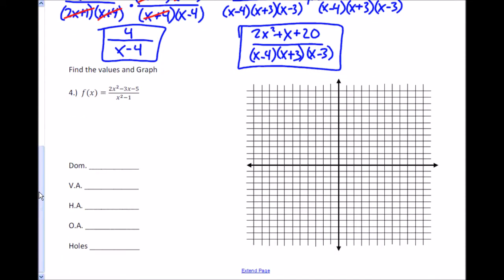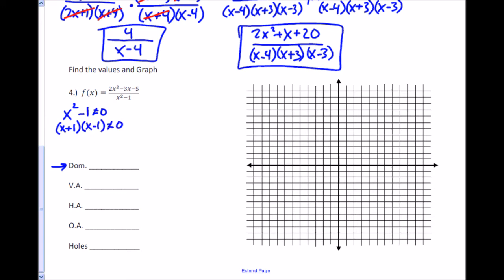Number 4, we want to find these values and graph this thing. And the first thing we want to do is the domain. Remember, we're looking for our domain restrictions. Remember, with a fraction, we can't have a 0 in the denominator. In other words, x squared minus 1 cannot equal 0. So now I'm just going to solve this, and I can solve by factoring. That's x plus 1 and x minus 1